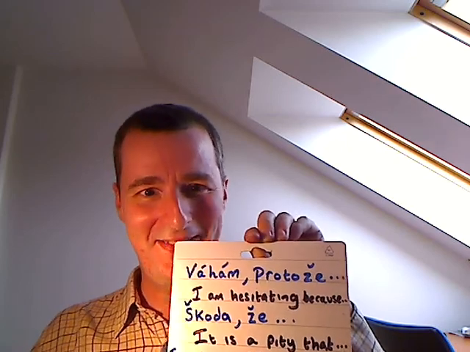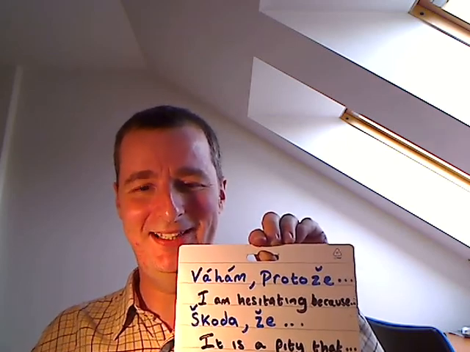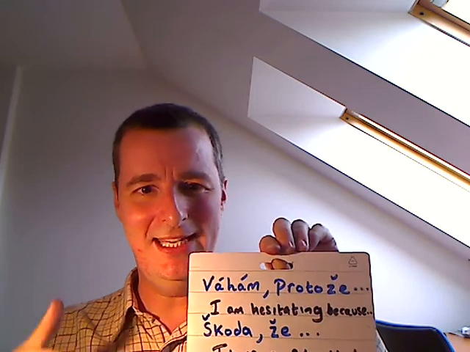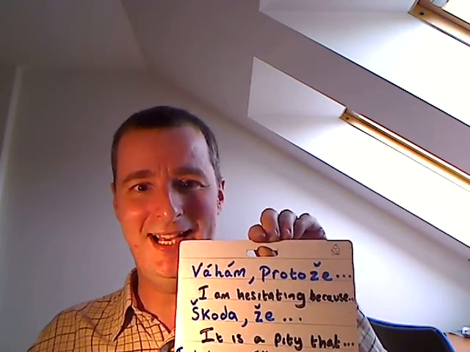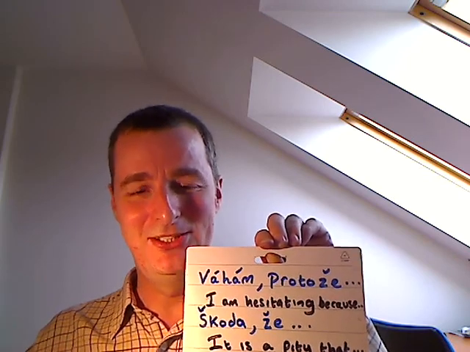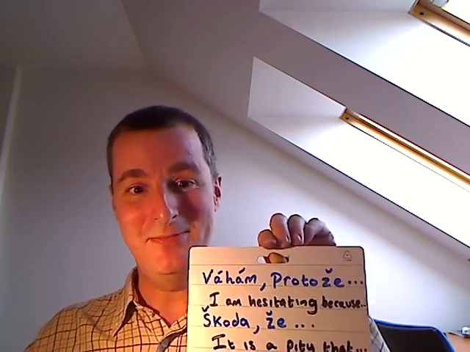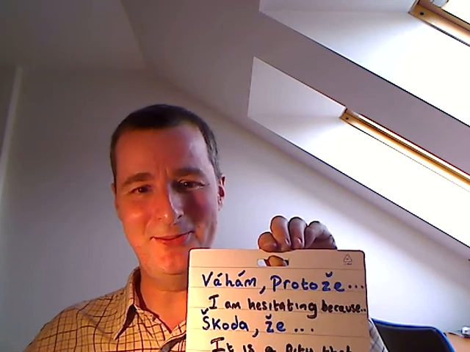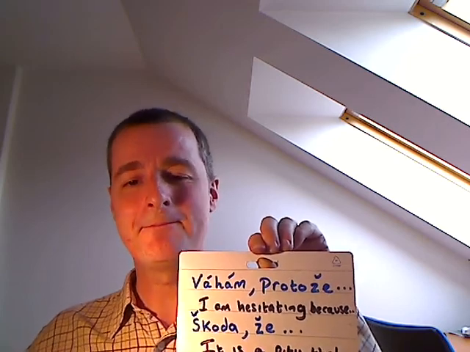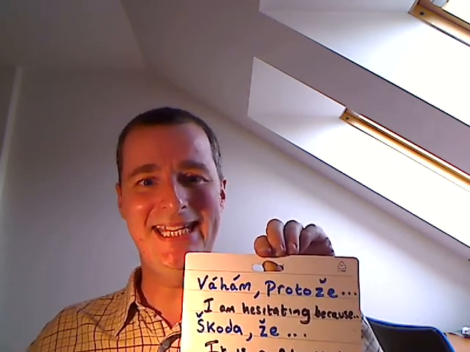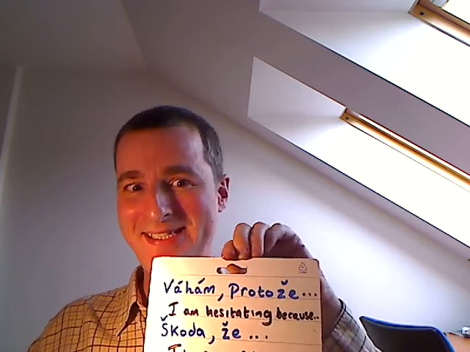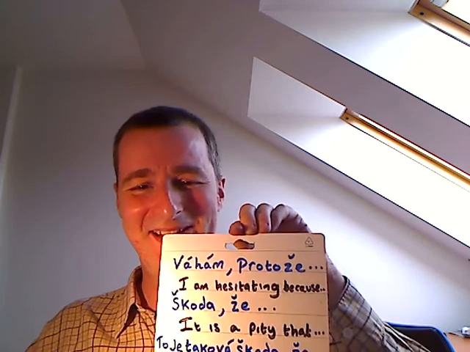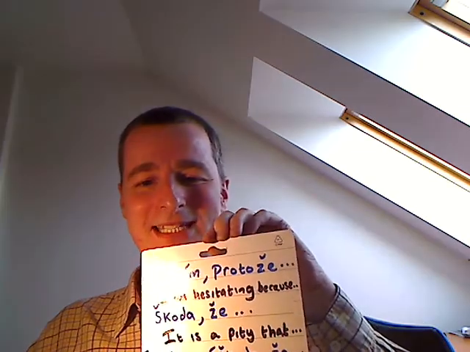Škoda. There's a Czech car maker. I'm sure you've heard of it, in English called Skoda, but in Czech the actual word is Škoda, which is actually a man's name. So Mr. Škoda, Pan Škoda, was the owner of this car company. But it actually means pity or a shame, a pity. So he's actually called Mr. Pity. So the name of those cars is Pity. So Škoda, že. It's a pity that.